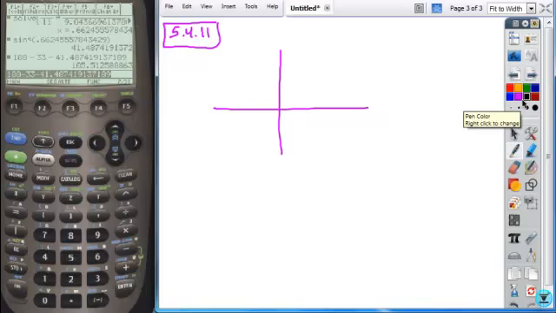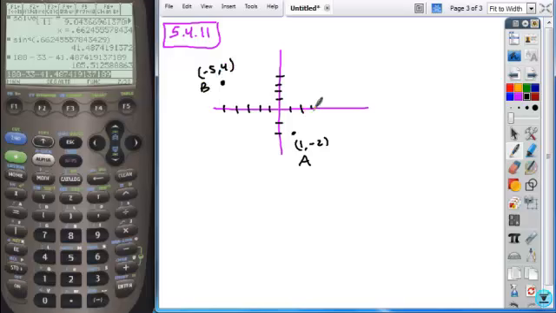If you were to plot what you had, so (1, -2), so here's point A, and (-5, 4) for B, and (-5, 2) for C. All right, so if this is what you're looking at, this triangle here,